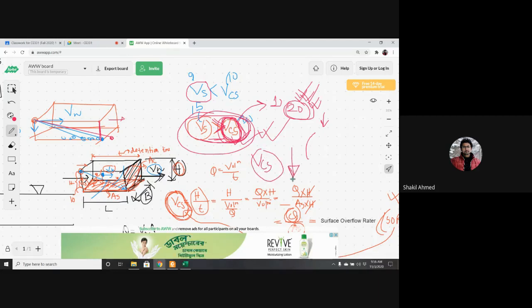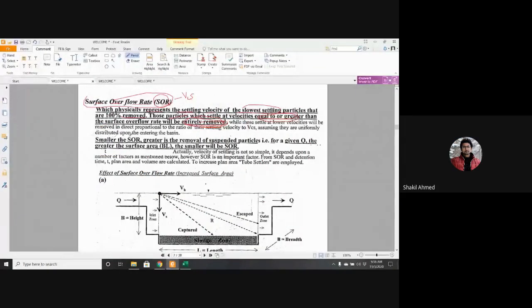কমাতে হবে, right? ডিজাইন করার সময় তোমার অবজেক্টিভটা কি? স্মলার এস ওয়ার্ডটাকে স্মলার করতে হবে। স্মলার দ্য এস ওয়ার্ড, গ্রেটার ইজ দ্য রিমুভাল অফ সাসপেন্ডেড পার্টিকেল ফর এ গিভেন কিউ।